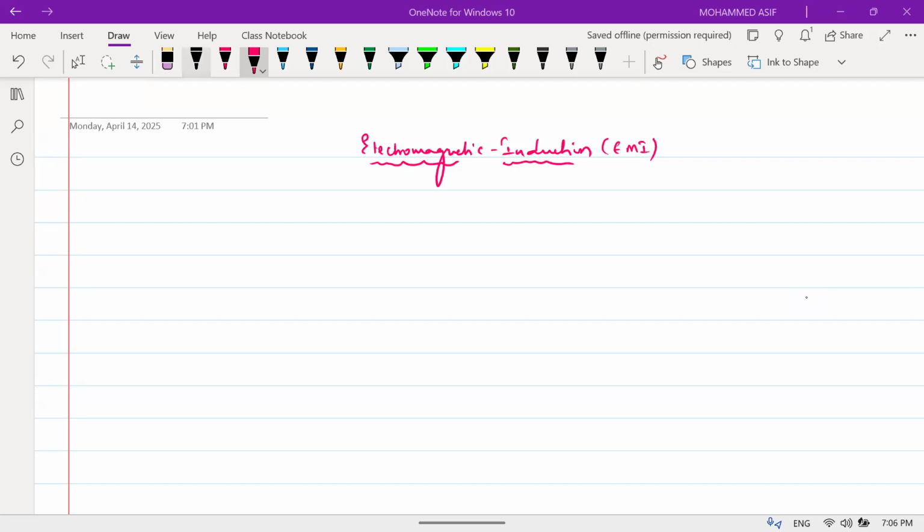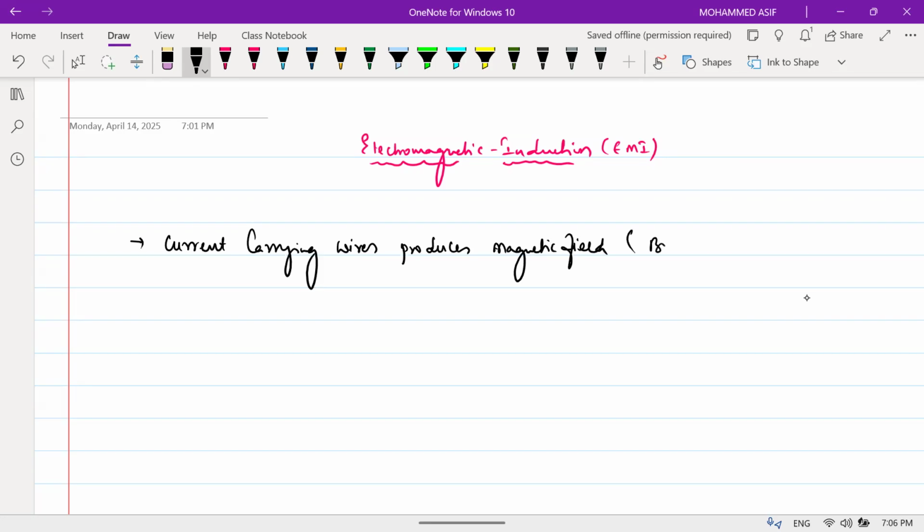In magnetic effects, what you have studied, beta? A current carrying wire produces what? Magnetic field, isn't it? We studied this with the help of what? Biot-Savart's law. Okay. Now in this chapter, what you are going to study is, by changing the magnetic